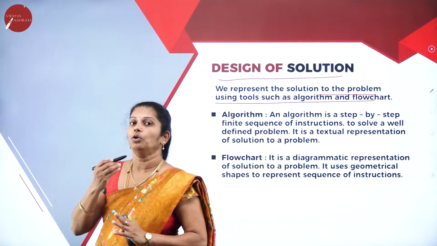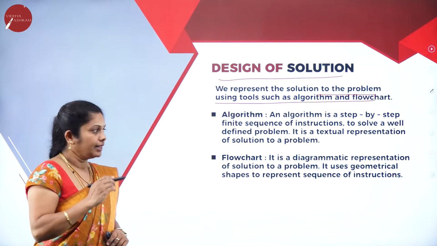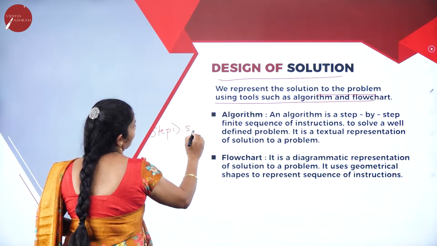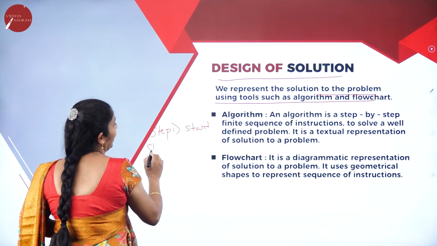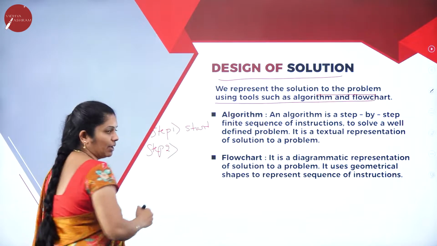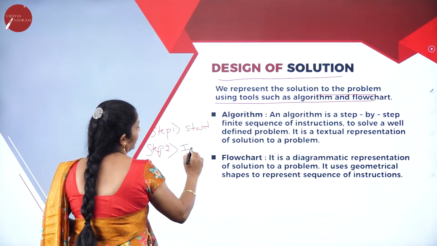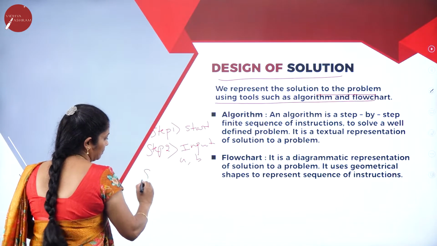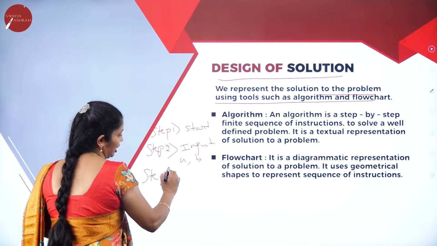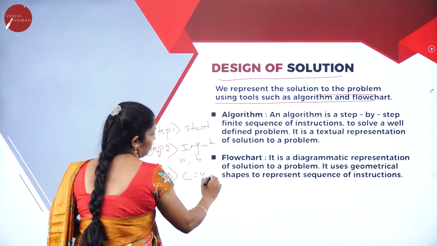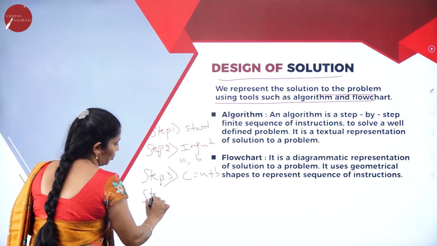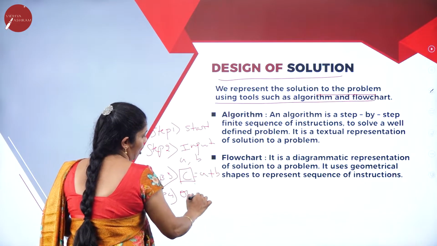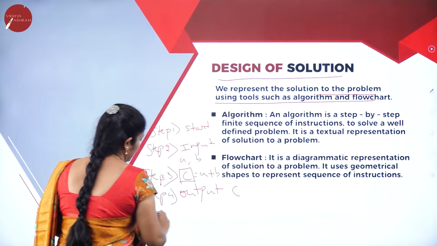For example, if I want to perform addition of two numbers, what is the first step? Step 1, start. Step 2, input the variables, whichever variables we require. Input A and B. Then step 3, calculation, that is C = A + B. Step 4, output the result. The result is present at C. Then output C. Step 5,